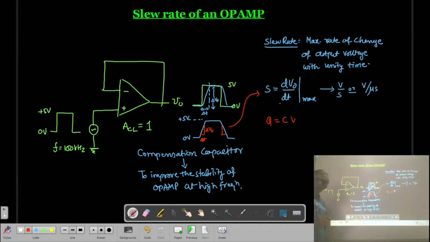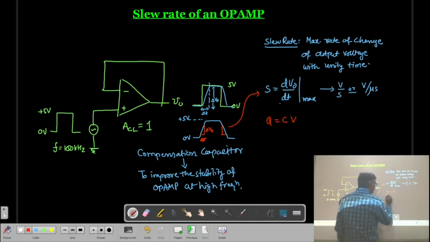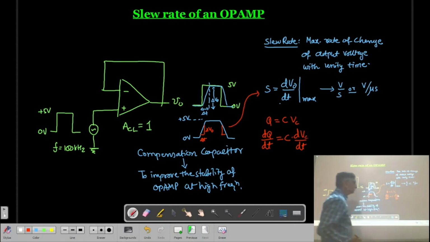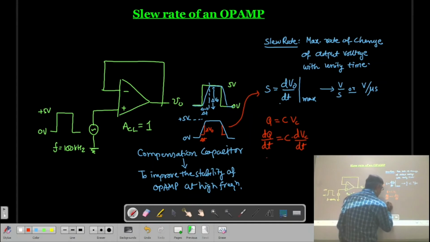And this is the basic equation. Now the charge on the capacitor is going to change with the time. So we can have this equation, that is dq by dt is equal to C into dV by dt, correct? Or you can say voltage across the capacitor. Now dq by dt is nothing but it is a current I. So C into dVc by dt.